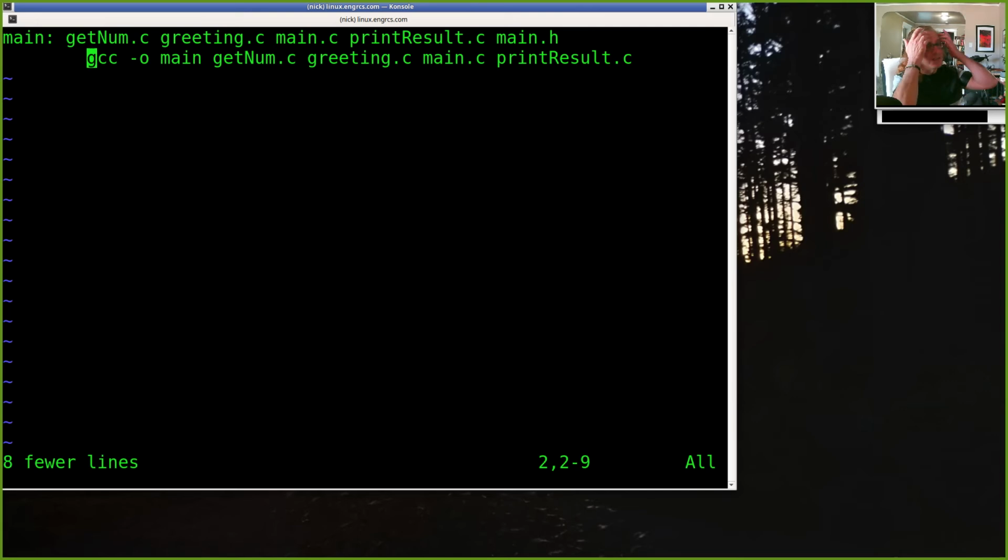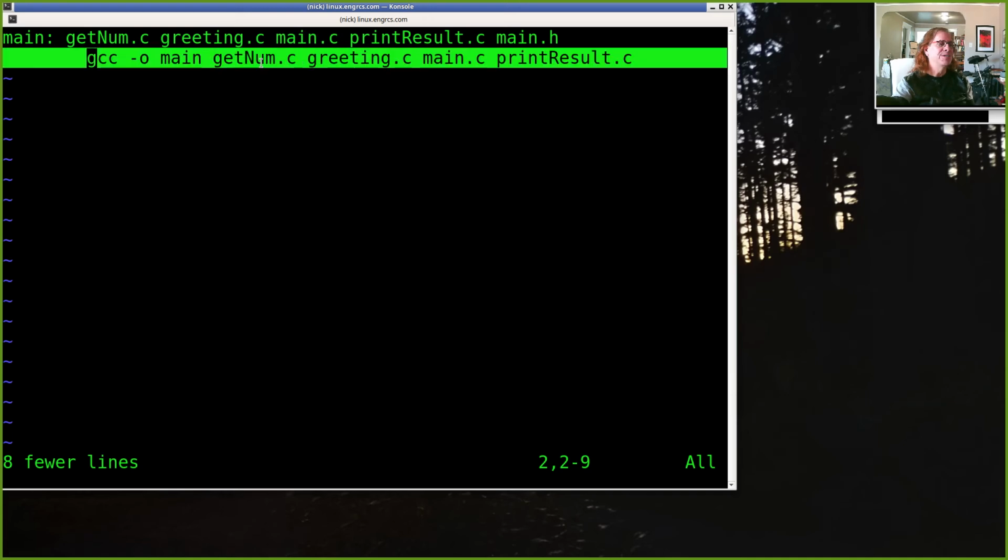Okay, technically this will work. If I say make, it will build my executable program main. But this is not efficient. This is not the idea of a makefile. I could just put this in a shell script called compile, and I could say compile, and it would just be one line that says do this. Because this makefile is always going to do this, right? Anytime my C programs change, it's going to recompile all my C code and make me